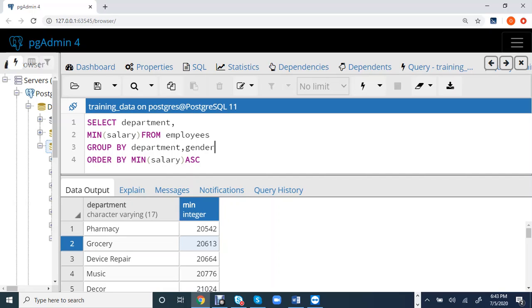When you find out what the minimum salary is, I want you to find it out for male separately. So which male is getting paid the least in each department? Which female is getting paid the least in each department? Okay, so let's run and see what we have. So we are grouping by department,